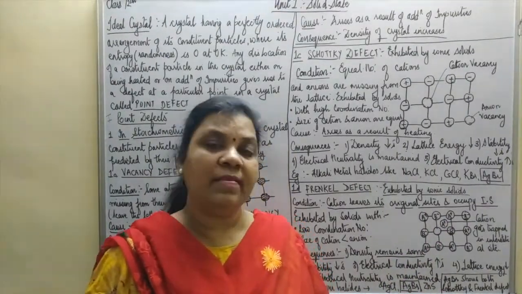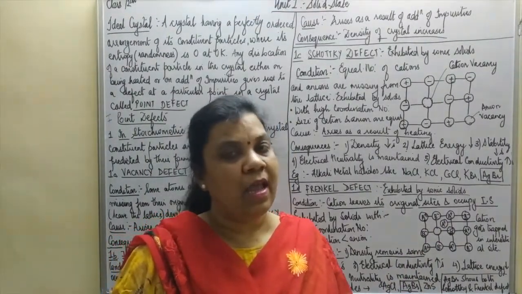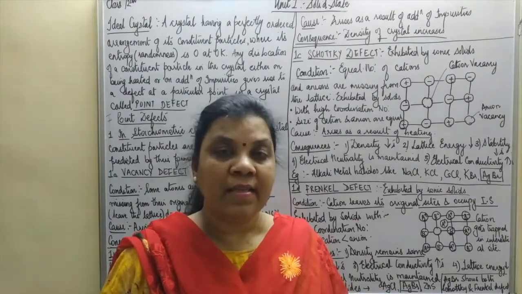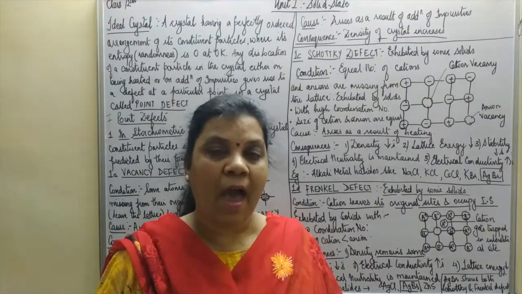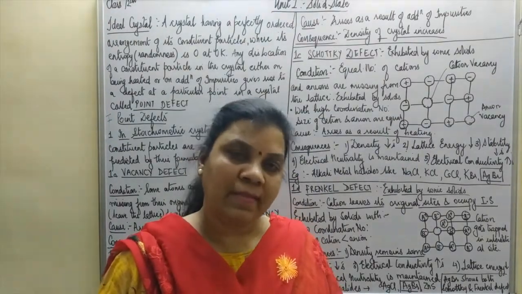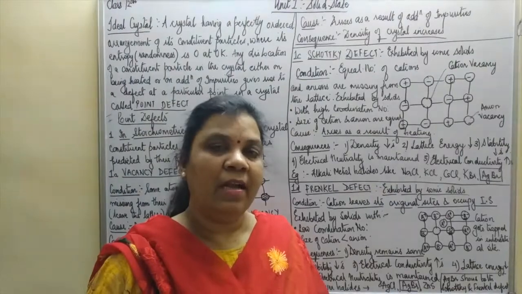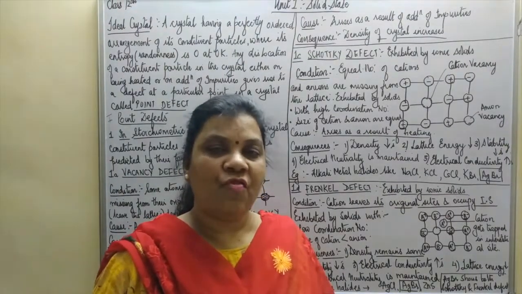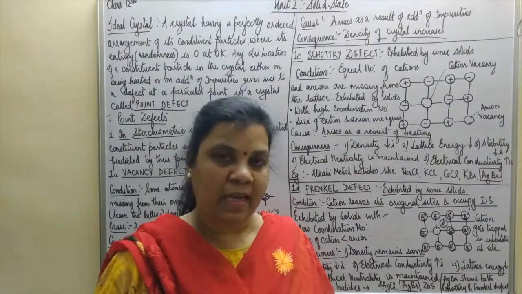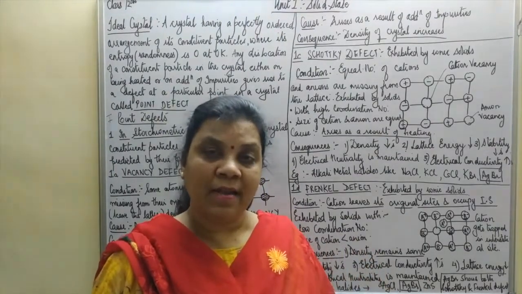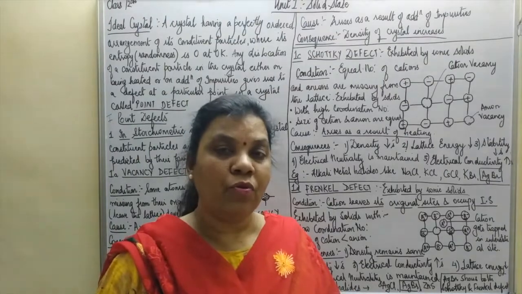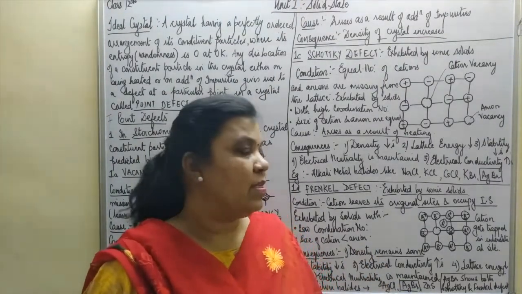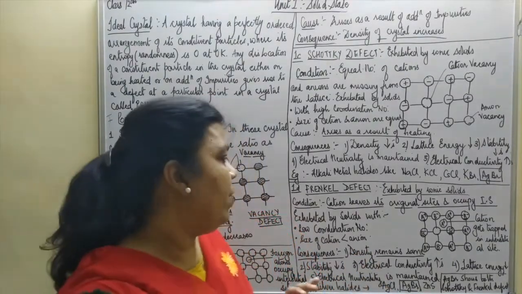Now, the question arises, why only cation, why not anion? Because the size of the cation is smaller and hence it can easily get trapped in the interstitial site. Therefore, a cation dislocates from its original site in the lattice and gets trapped in the interstitial site. That means it remains in the lattice only, hence there will be no change in the density of the crystal. Remember, a very important consequence: the density of the crystal remains the same.